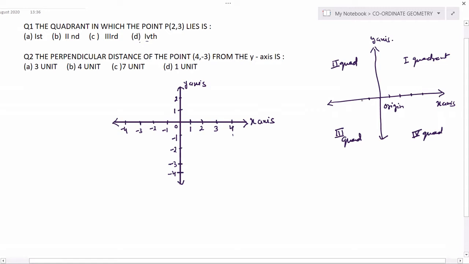All of you have learned this when you did this chapter. So basically I am doing the revision of this chapter, so I am just giving you the explanation in short. Now all of you know how to put numbers on this number line. This is your 0 where these two axes meet. On the right side of the x-axis these are positive numbers, and on the left side these are negative numbers, right? In the same way, on the y-axis, above the 0 you have positive numbers and below the 0 you have negative numbers, right?